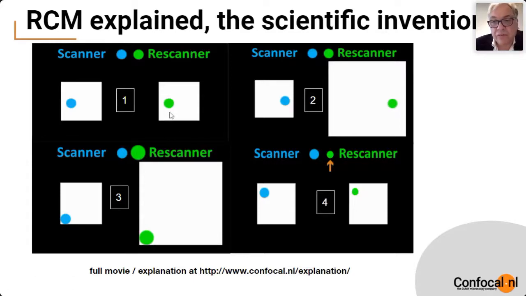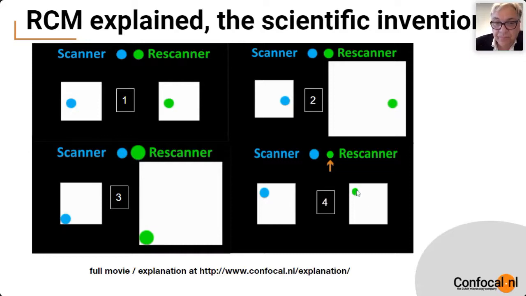So this is a regular confocal microscope. Now the invention starts happening in scene 2. We're going to write the information that we see on twice as large an area. What's going to happen, you see in scene 3, is the dot has to move faster on the rescanner, so we have to add a little bit of motion blur. But now, when we scale back in scene 4 the information to the regular size, you can see that also